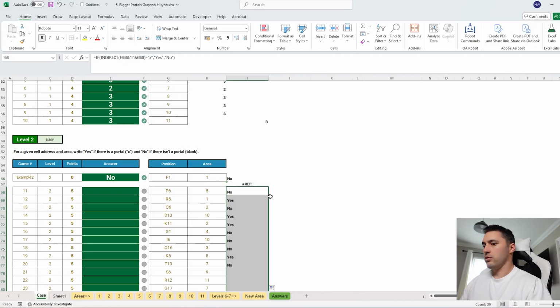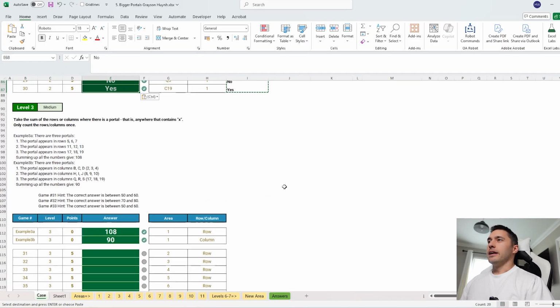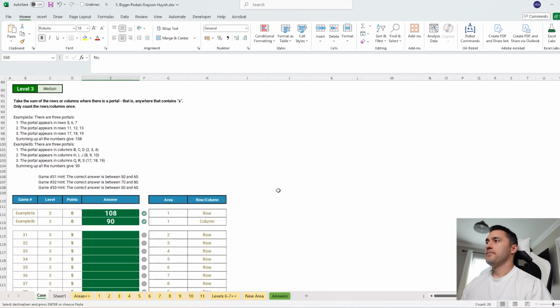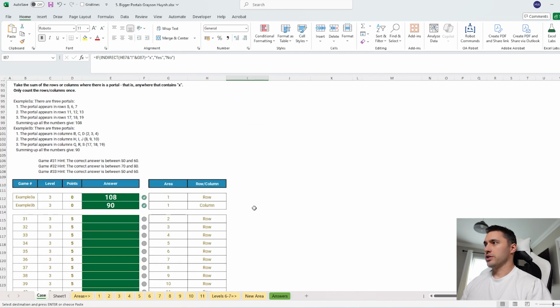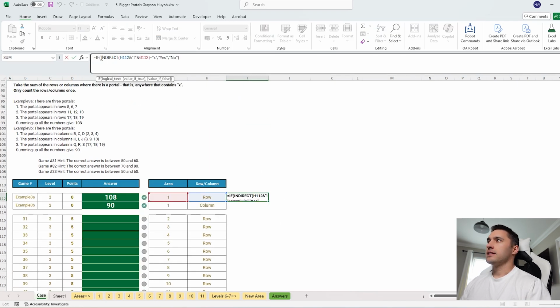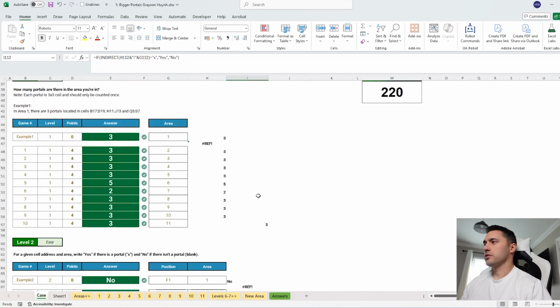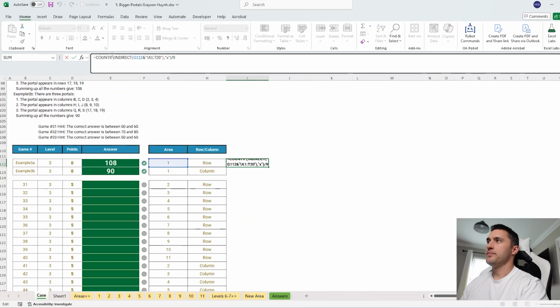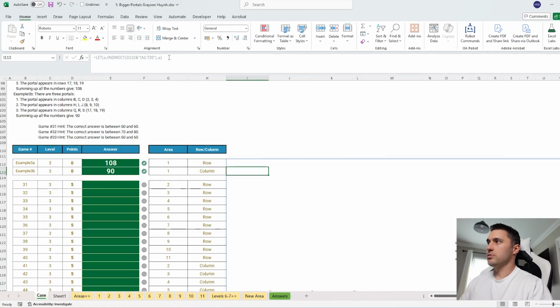And that is that one done. Okay, next up, take the sum of the rows or columns where there is a portal. So again, let's pull our logic down here, and let's pull our first logic to pull everything. So this is going to be the area. So I'm going to say let A be that, and let's just return A so you can see what I'm